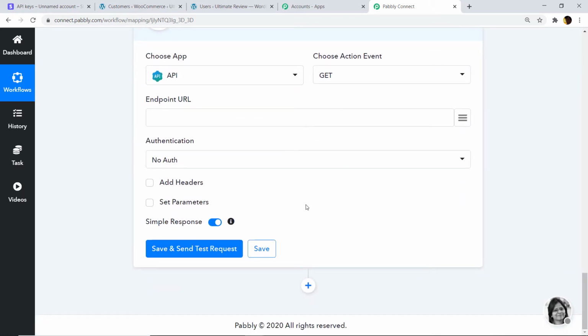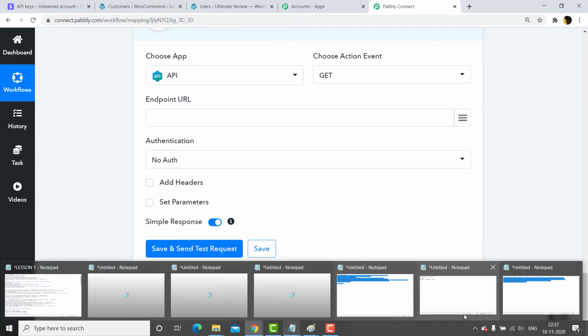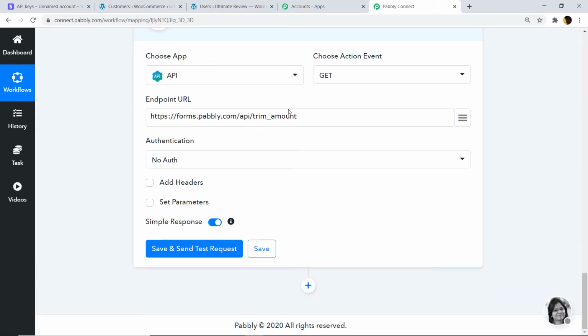Now I'm going to paste the endpoint URL. Okay, so I have pasted the endpoint URL. Your obvious question now is, what is an endpoint URL? When an API interacts with another system, the touch points of these communications are considered the endpoint. For example, we want to trim this number to this. So we are going to use a service, and this service is located at this address. Your next question is, where am I going to find the endpoint URL? Well, you can find it in the description box. I have added the endpoint URL in the description box. You can simply copy this and paste it here.